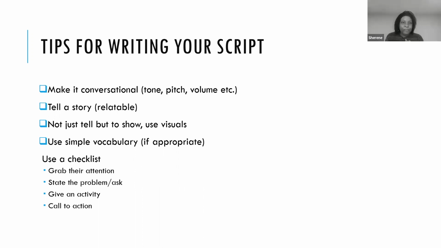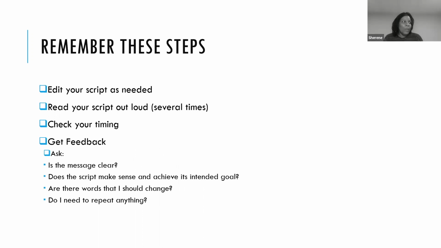And then the last thing I want you to do is to edit your script as needed. I've done children's stories many times, and it's not version 1 or 2 that you end up hearing at church. It's probably version 11, because we've edited it, we've gone over it. And then the second piece is even more critical. When I read it out loud, it doesn't sound right. So I got to do it over, right? So that's why I end up with 11 versions. I'm exaggerating, but you get the gist.